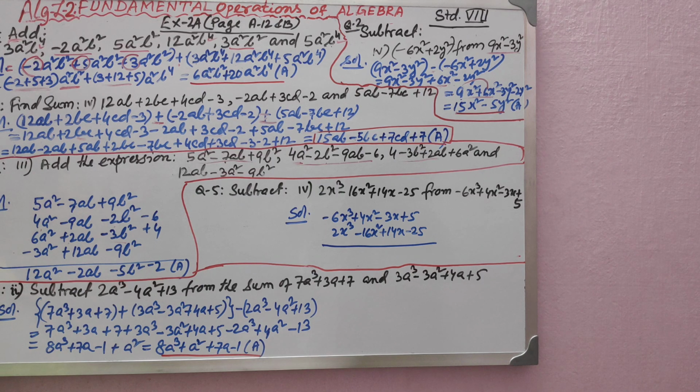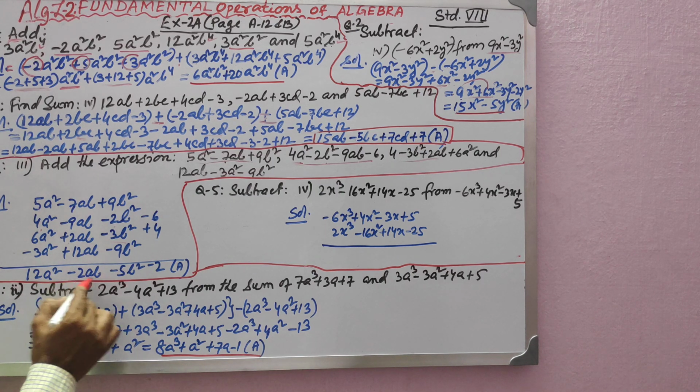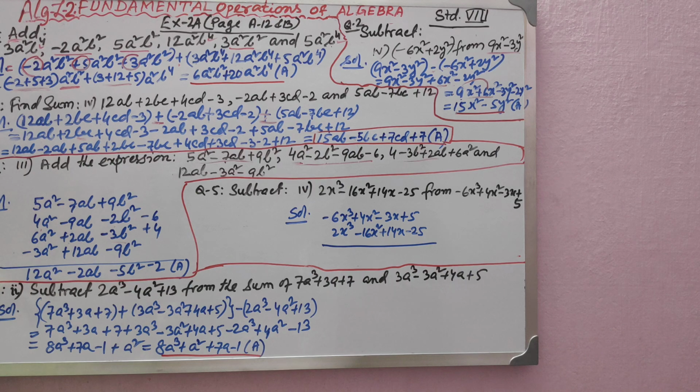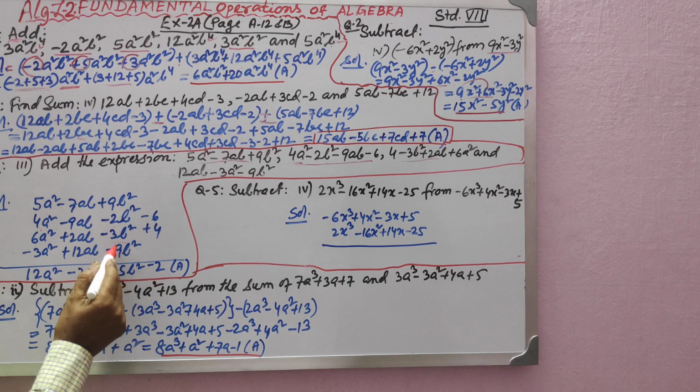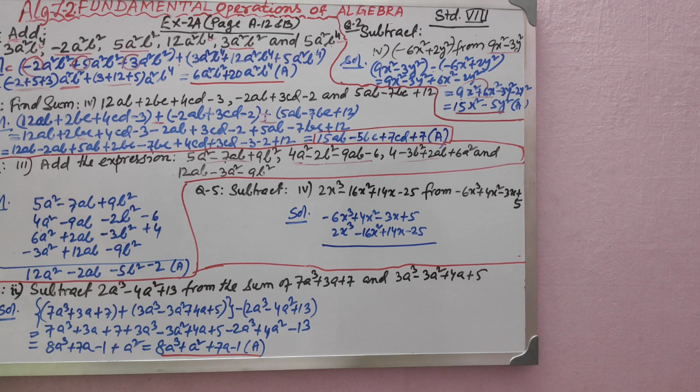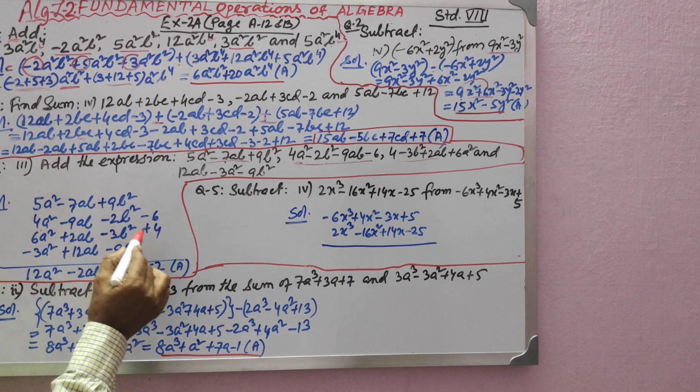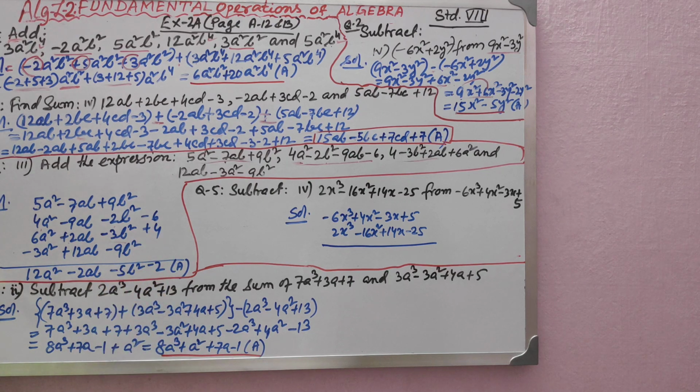So what will it be? On subtraction, you find minus 2ab. So minus 2ab. Don't make this mistake. Children are making this mistake. Now here the minus numerical coefficients, you add: minus 2, minus 3 and minus 9. Definitely it will be minus 14. Minus 14 plus 9. So 14 minus 9 is how much? 14 minus 9 is 5. Isn't it? So it will be minus 5 b square. And then minus 6 plus 4 is minus 2. Hope you have understood it. No? It is very simple.